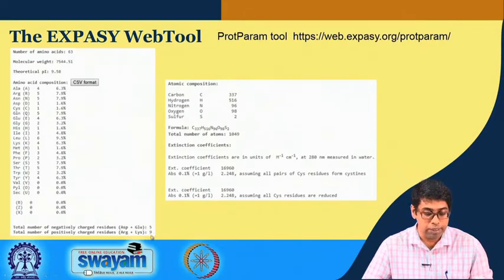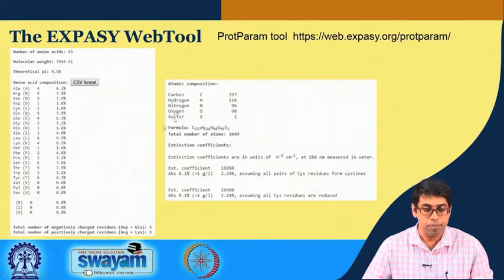So, there are more basic amino acids compared to acidic amino acids. So, it is not surprising that the pI of this protein is more than pH 7. So, the pI 9.6 can be easily explained by the presence of more basic amino acids compared to acidic amino acids.